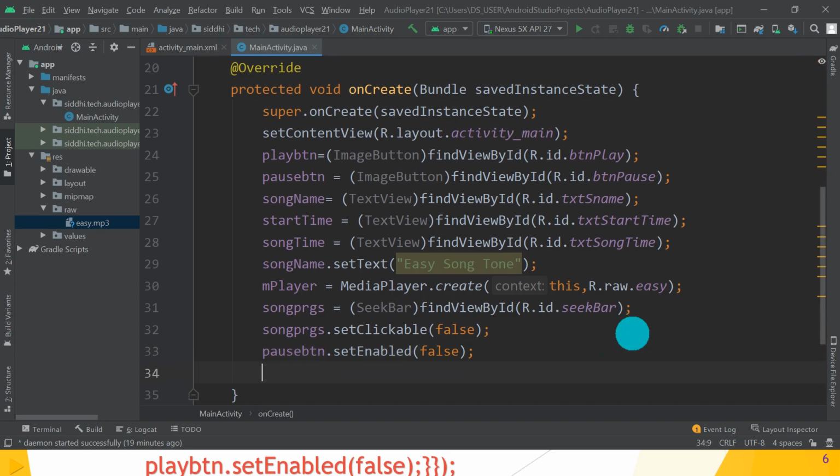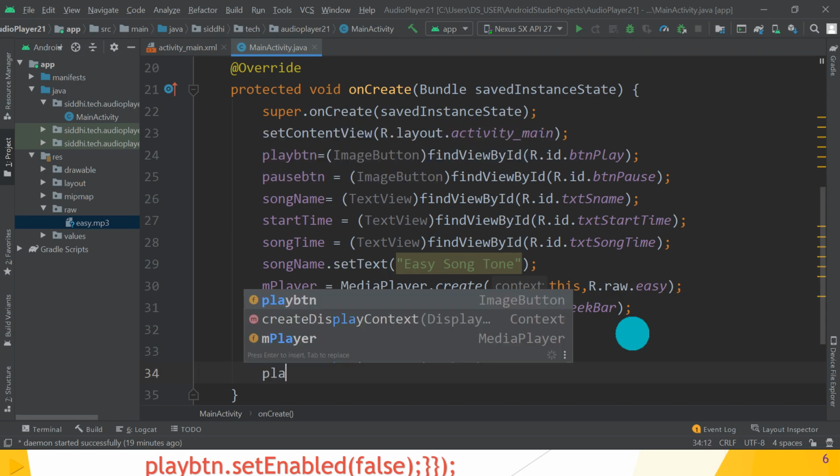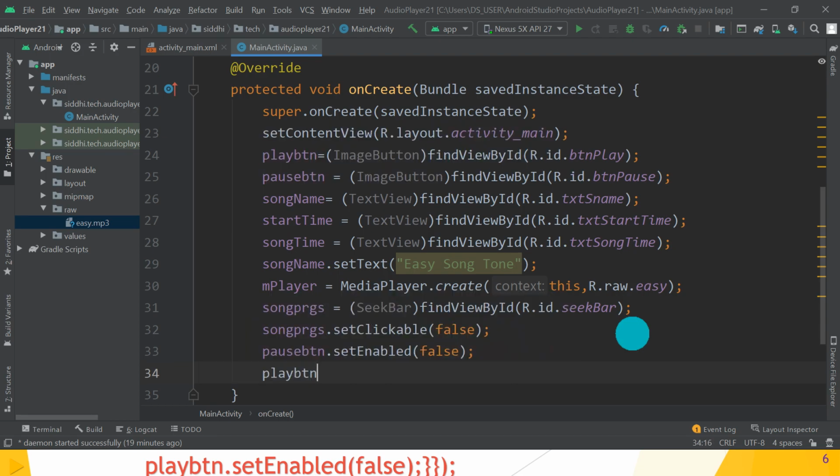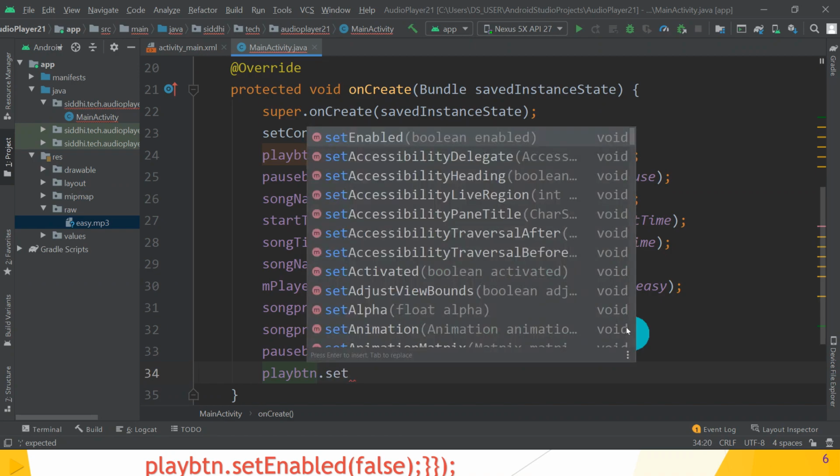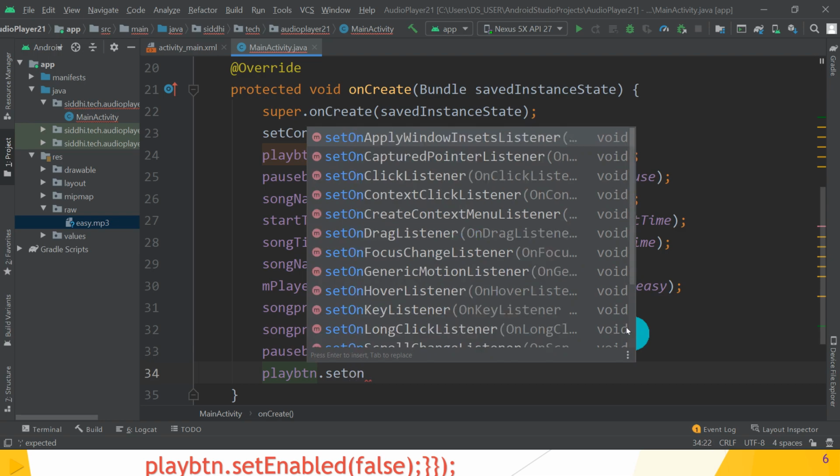Okay, so the pause button is initially disabled, only the play button is enabled. So for the play button we have to write the action, dot setOnClickListener.